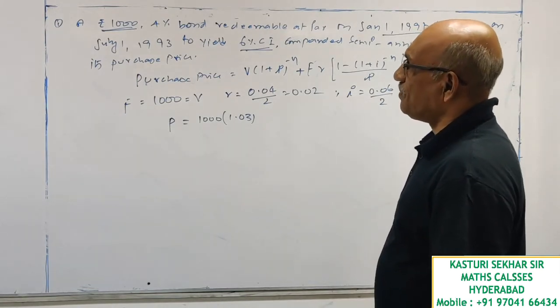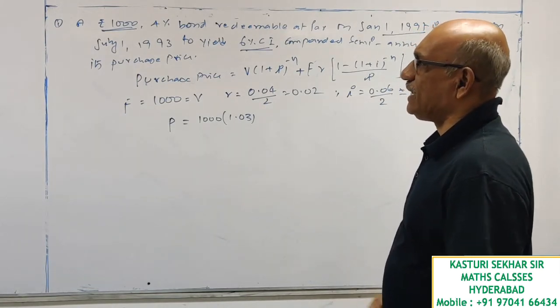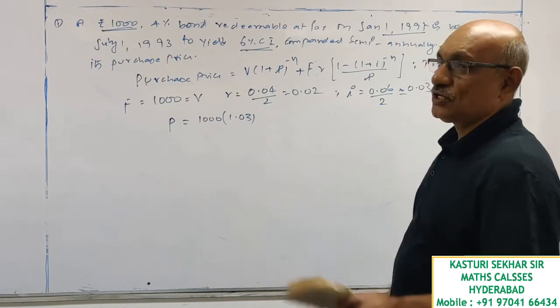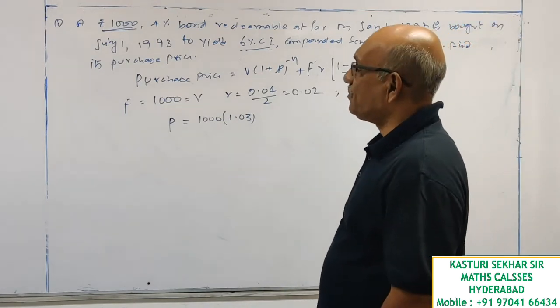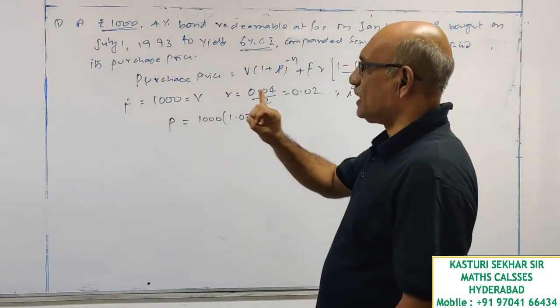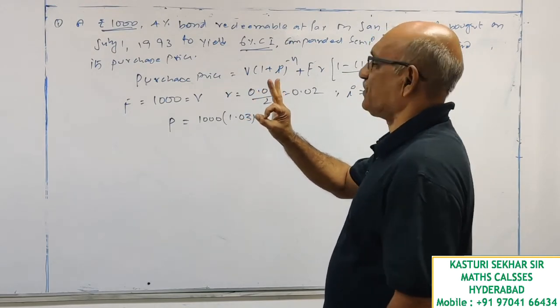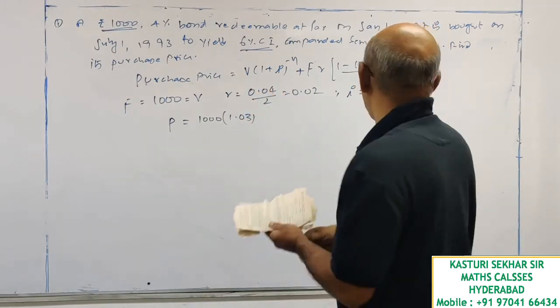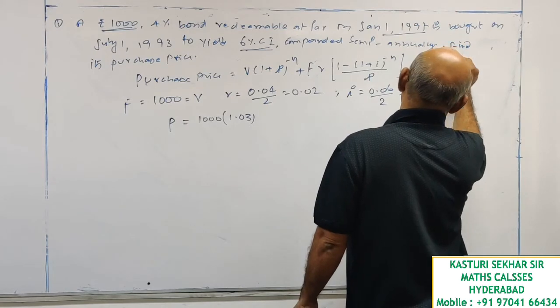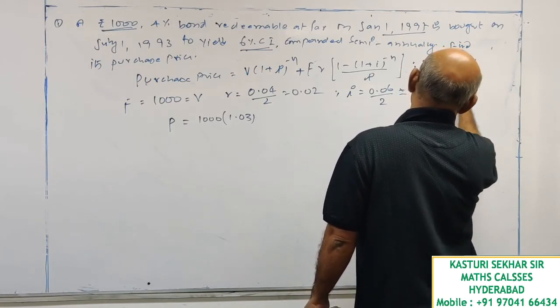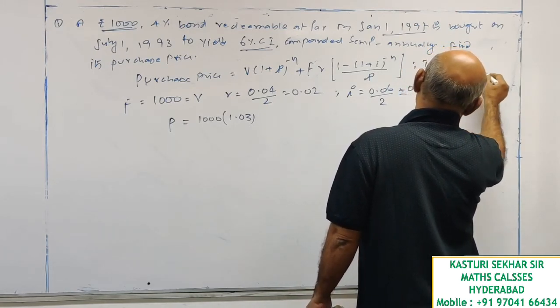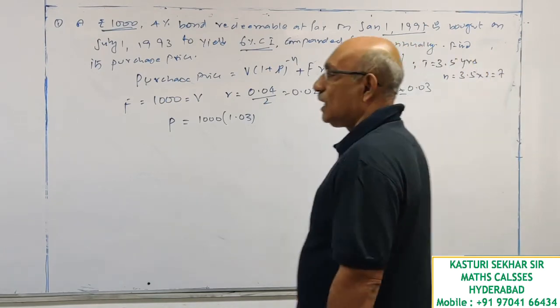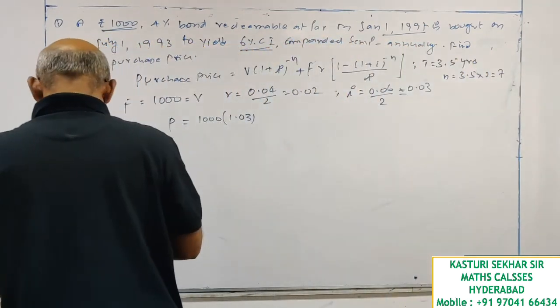It is bought from the market on 1st July 1993. July 1st to December is 6 months, so 93 over, 94, 95, 96, 3.5 years. Time is equal to 3.5 years. So n is equal to 3.5 into 2, 7 payments. Seven times interest is paid